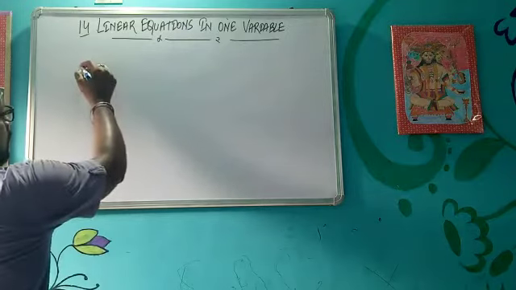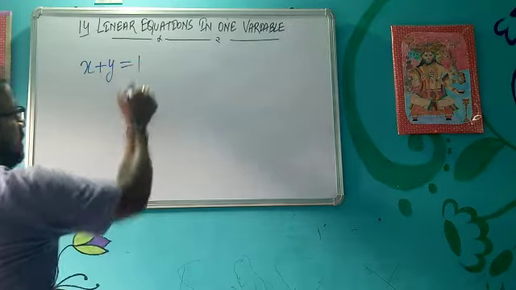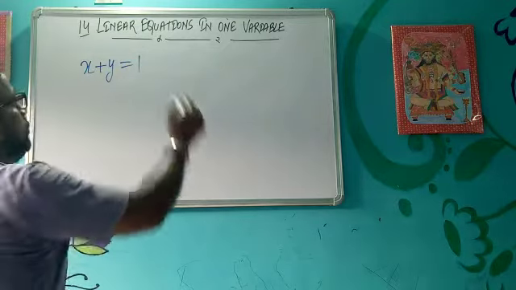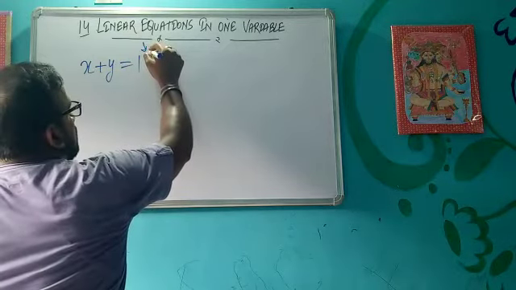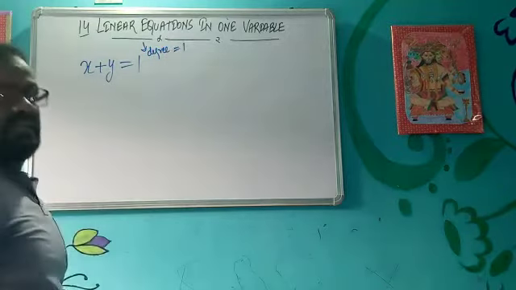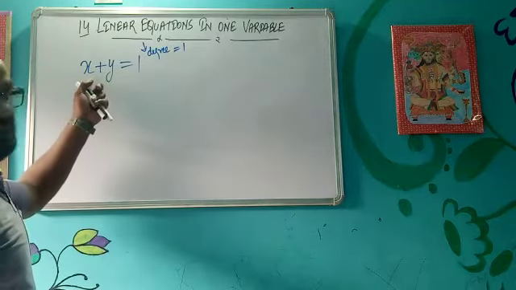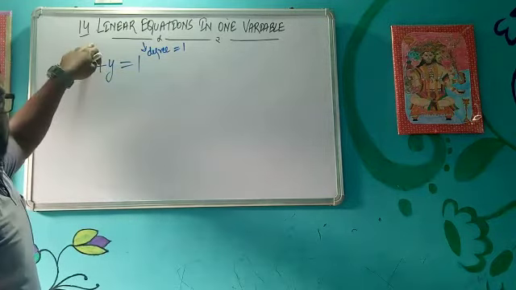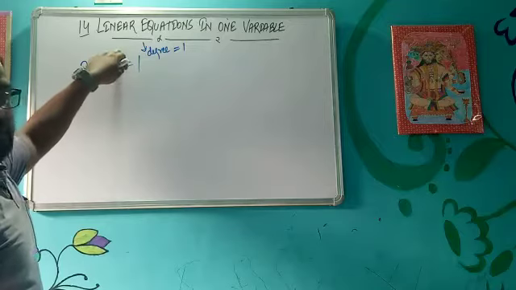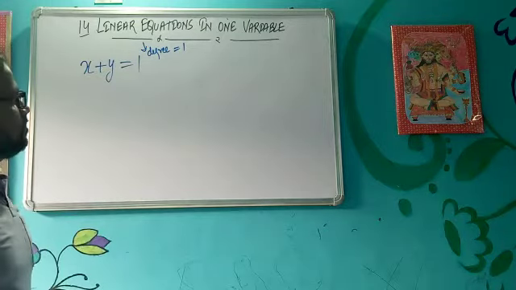If all the variables in the equation have the power equal to 1, that is, the degree is equal to 1, in that case that equation is known as a linear equation. For example, in this, x has the power 1, y again has the power 1, so that means it is a linear equation.